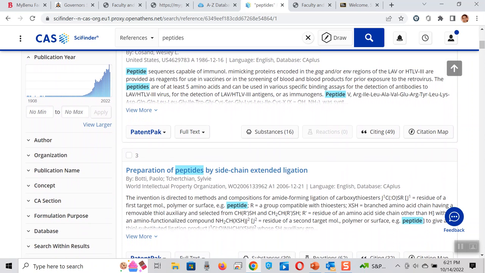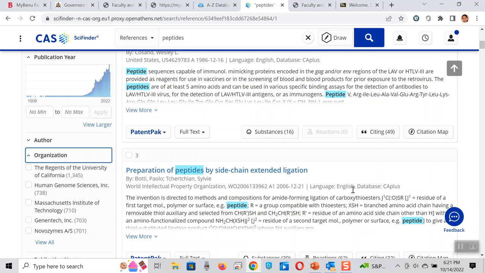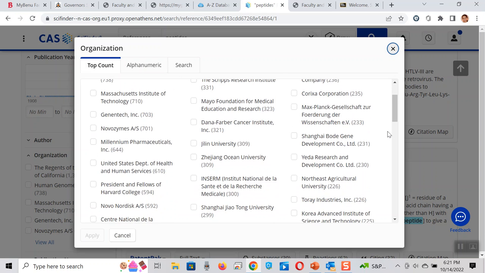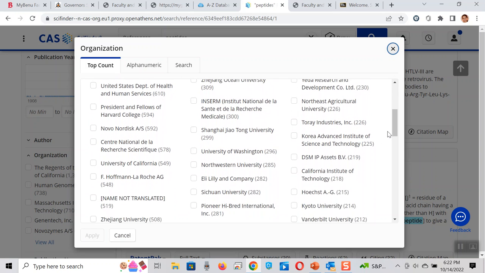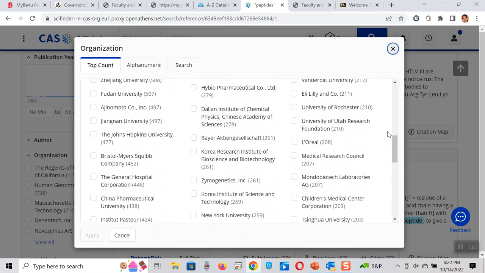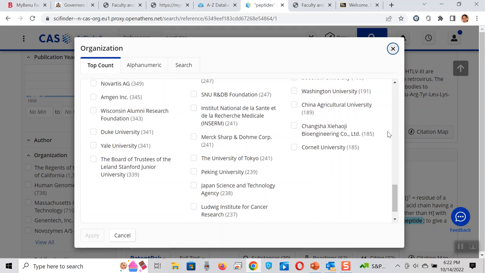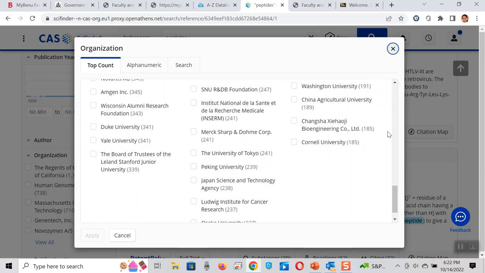And then I wanted you to search on organization here, because I want to know who is doing research in peptides, okay? And then when you find under organization, these are the people that are doing, and say view all, okay? And here is what you will get, a synopsis of who is doing what. And then you will find which countries are the ones that are doing the most in this subject. And you will be surprised to see that it is China who is the premier patentee in this